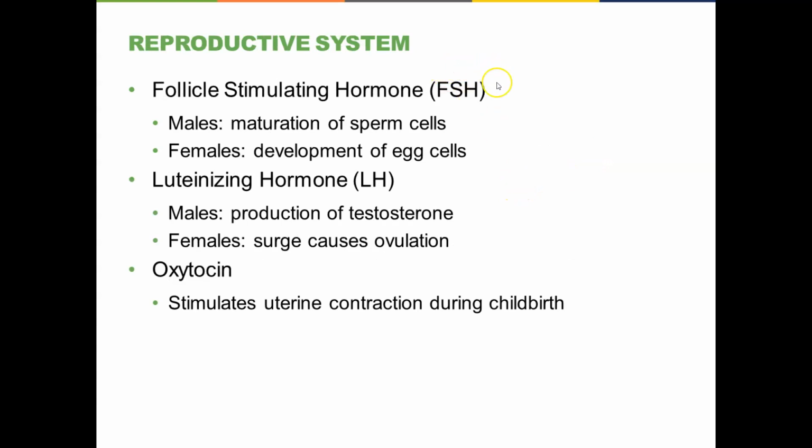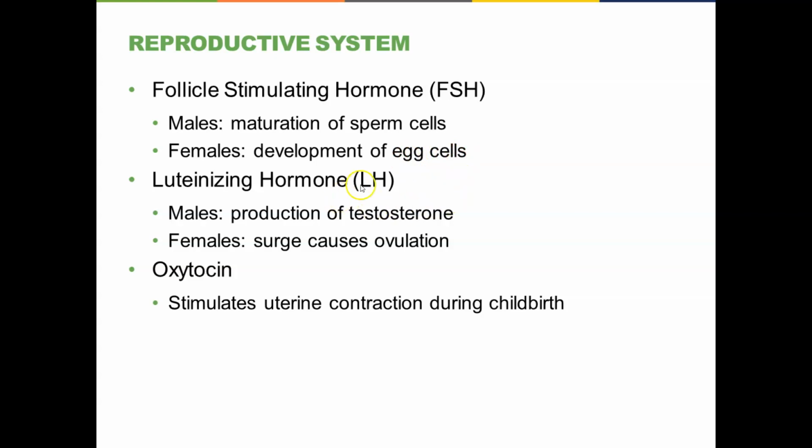Okay, reproductive system. Two hormones that are critical in the reproductive cycle in both males and females are follicle-stimulating hormone and luteinizing hormone. So follicle-stimulating hormone, FSH right here, stimulates maturation. Cells that are produced via meiosis mature into viable sperm cells with a functioning flagellum and all of that good stuff. So that maturation of those cells is triggered because they have receptors sensitive to this hormone right here. In females, similarly, it causes eggs to develop from immature oocytes to mature oocytes in the ovaries of the female.